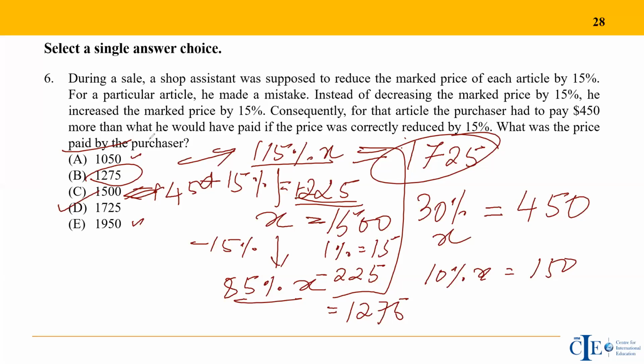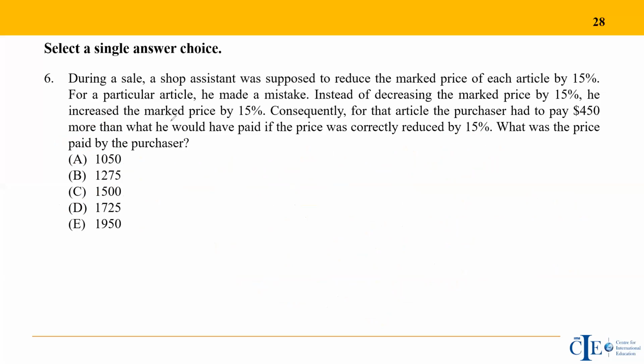So read again, verify what is being asked after you have solved the entire question. See what is unknown and what you need to mark for, and then and only then confirm your answer. Otherwise you would have done everything right, it's just that you ended up marking a wrong option just because you didn't read the question carefully. This is what we call a silly mistake, right? So answer D is correct.